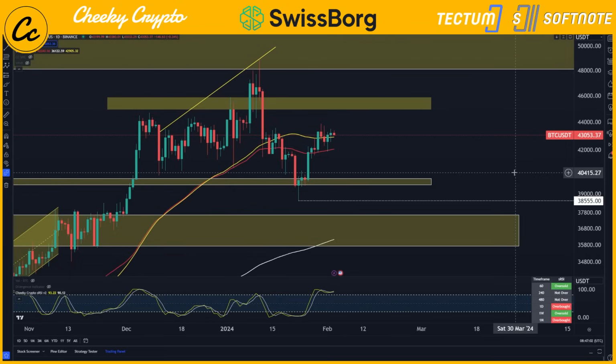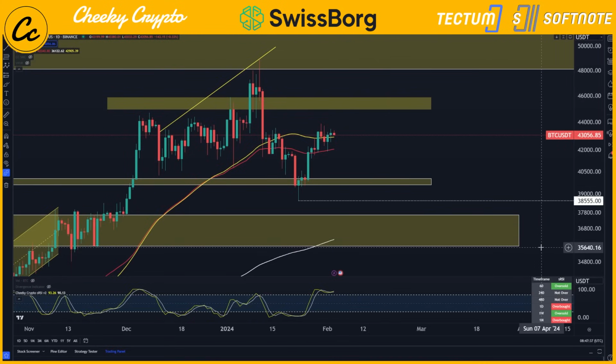That's $42,905. Obviously, in order for us to see these moves to the downside, we do have to lose the 50 EMA and the 50 SMA. So 42,040 for the red line, that's the 50 EMA, and the yellow line being the 50 SMA at 42,905. So at the moment, with support being found here, we might find that the smaller timeframes are able to rally us up a little bit further to the upside, but we are not going to see significant moves upwards, in my opinion. Instead, we are looking for moves to the downside, and they are quite significant where we lose the